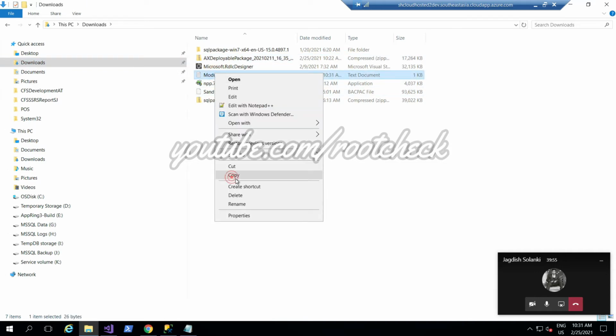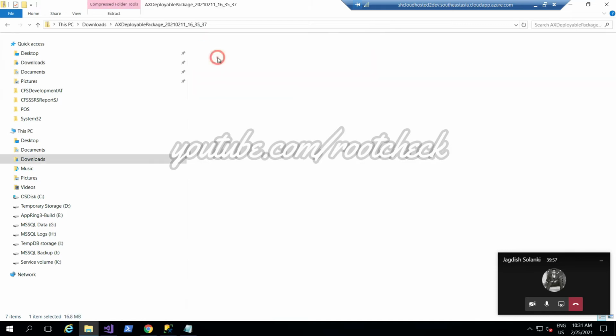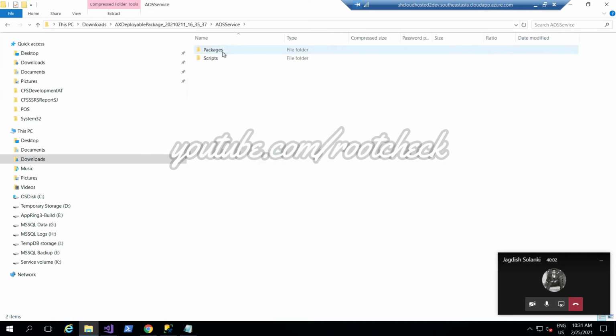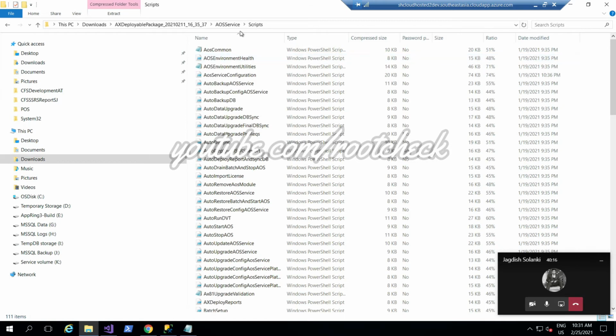In the latest deployable packages, go to AOS services, and after that the scripts part. In the scripts folder you have to paste that file, as I am showing you here. Sometimes it will take time, and sometimes it will not allow you to paste that file because the package is in the C or download path of your VM.